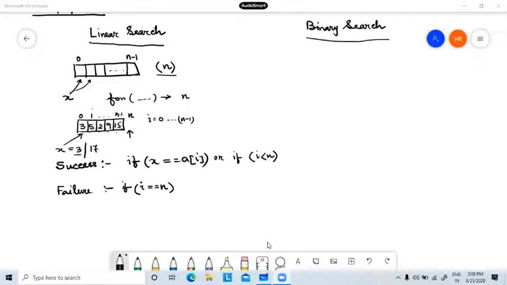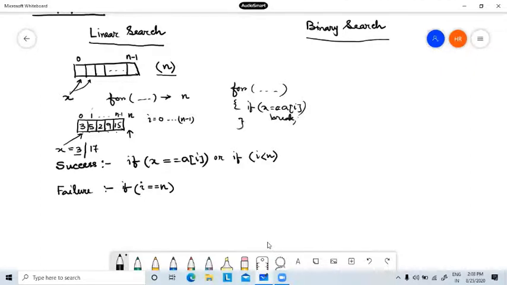Why will this condition give you failure? Because in my linear search program, I am writing it like this. There is a for loop, and I am writing: if x equal to a of i, then break.